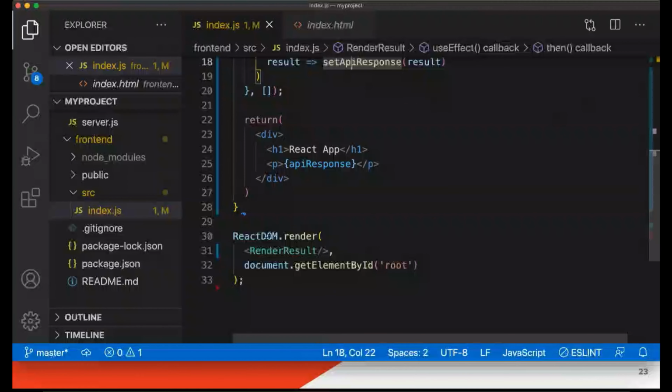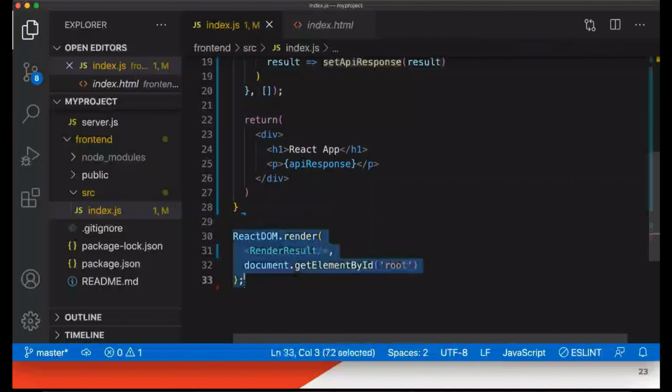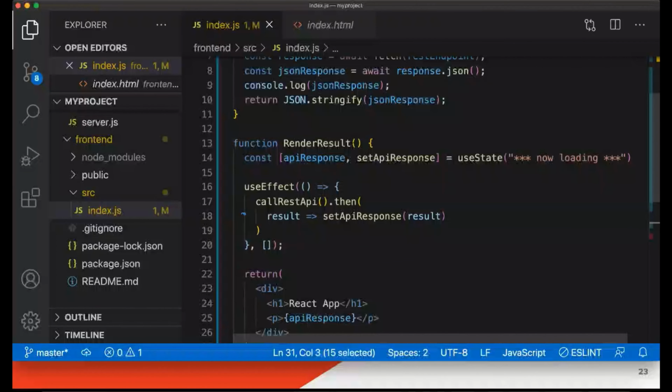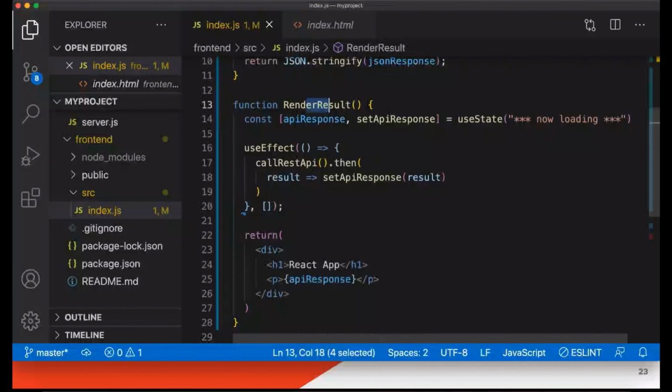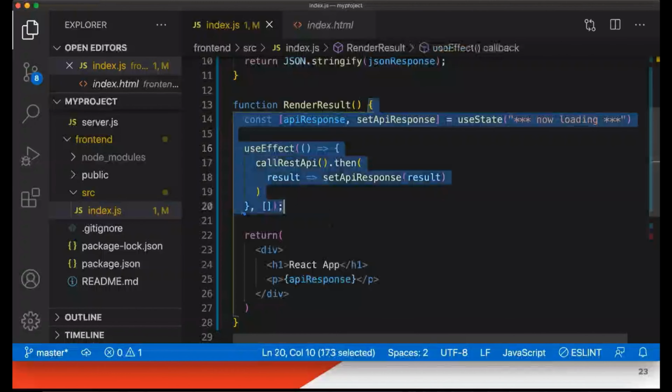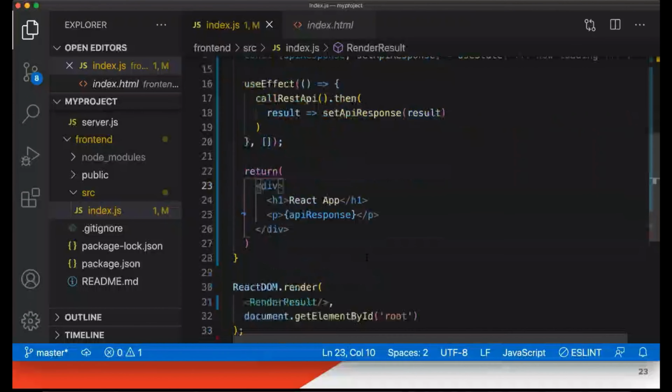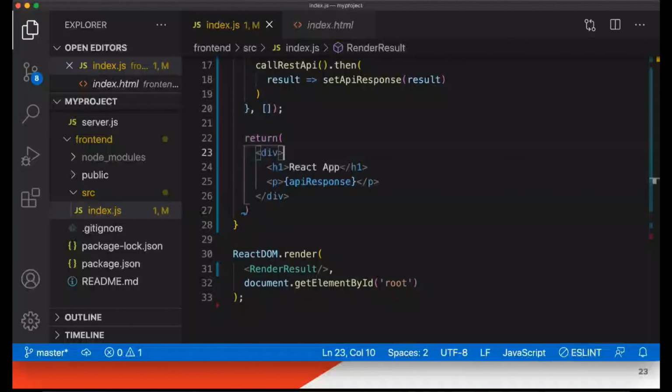React.dom.render. Well, this render function, basically, allows React to understand what it is that we want to render and where we are going to put it. We've created this render result JSX element, and we've associated it with this render result function, which is everything that's happening over here. Okay. So when we refresh the page,